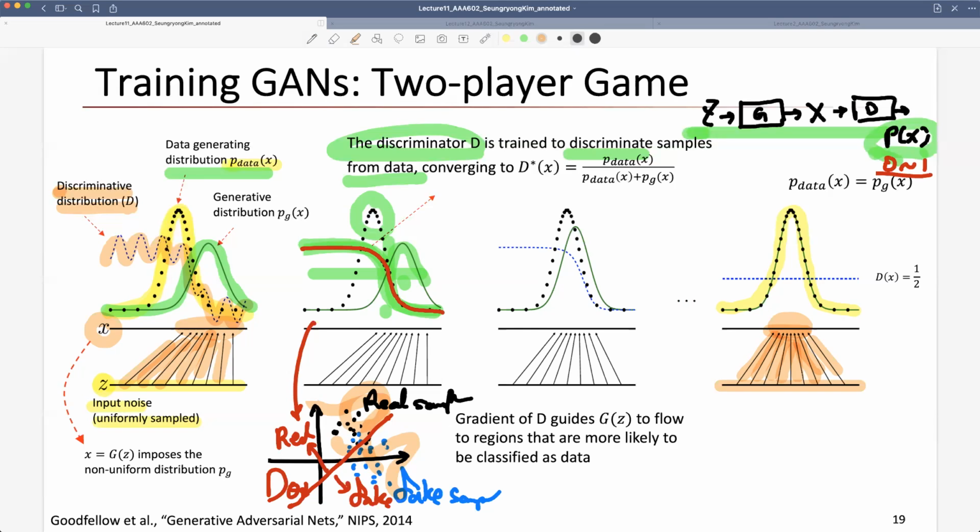So in the next step, we have to update our generator to fool this discriminator. So the gradient of the D guides the generator to follow the region where the data is most likely to be classified. 자, 제너레이터 한번 그레디언트 디센트를 할 때는 제너레이터가 만들어내는 데이터 디스트리뷰션이